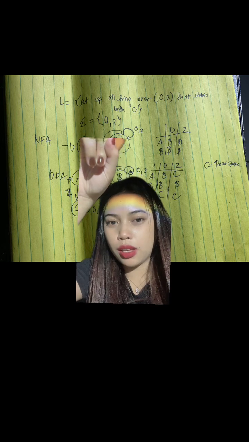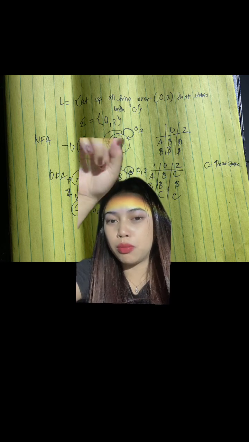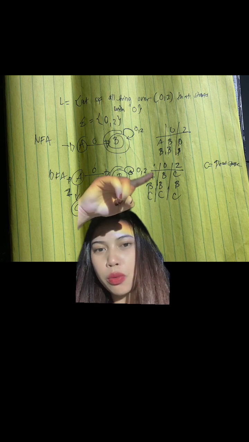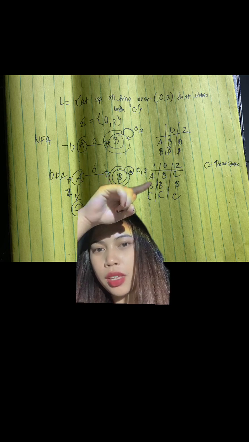And B with 0 goes to B, as well as B with 2 goes to B. That is why we put a B here and also a B here. So in the DFA, for A, the arrow goes to B, and